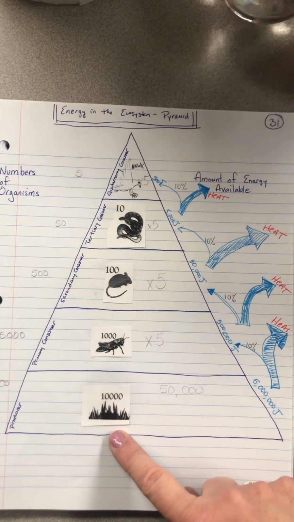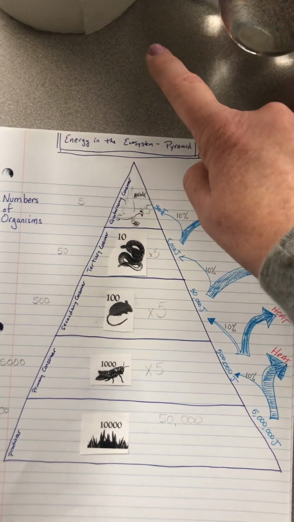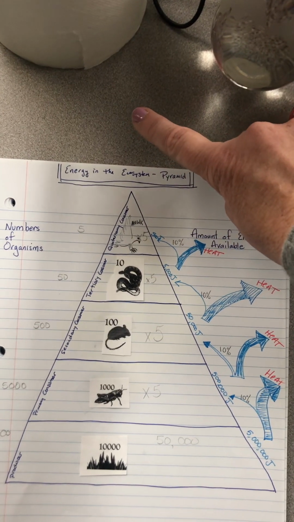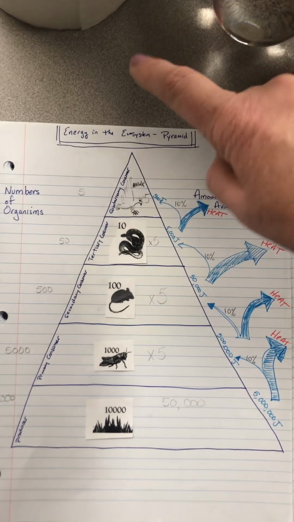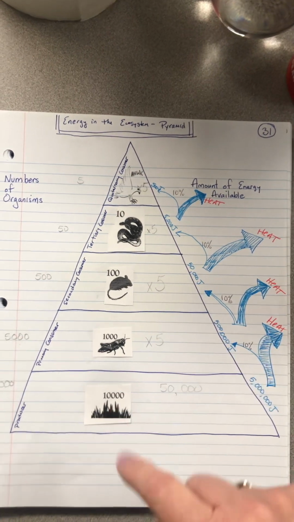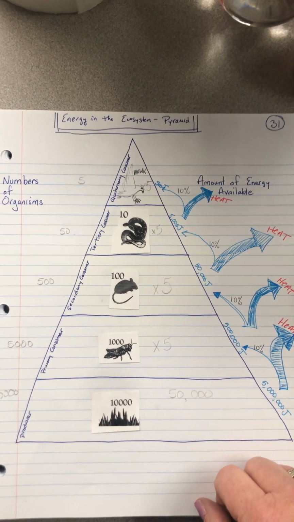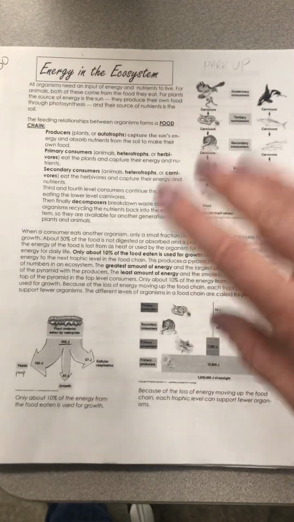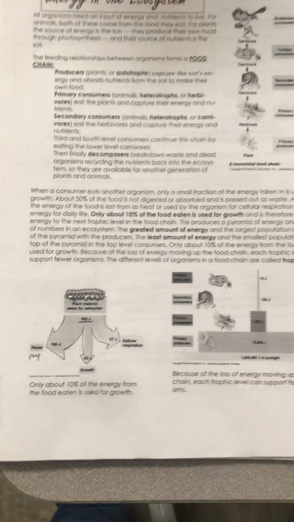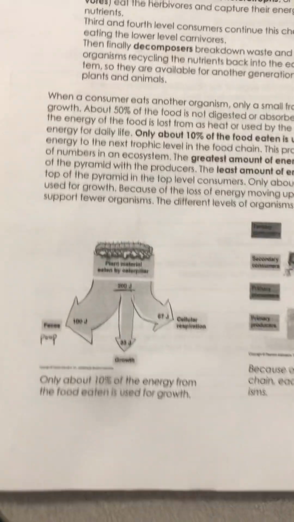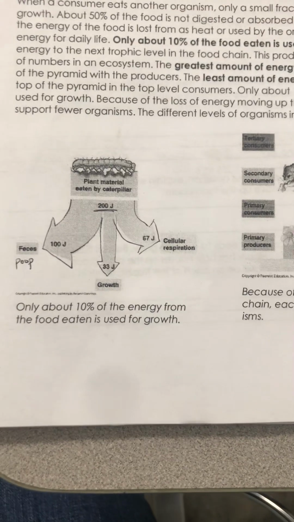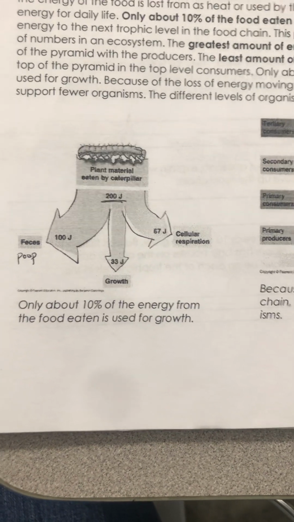This is part of the reason why we don't have food chains that go up 15 or 20 layers. Because by the time you get up really high on this food chain, the amount of energy that you're truly getting from the layer below is inefficient. It's not enough to sustain you. So one last piece. While you're doing your markups today or over the weekend, would you pay close attention to this graphic? This graphic helps us visualize really what we're talking about with this loss of energy.